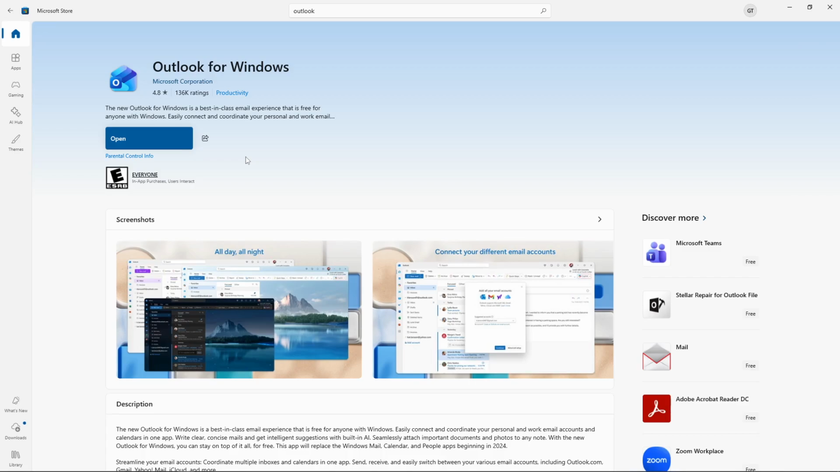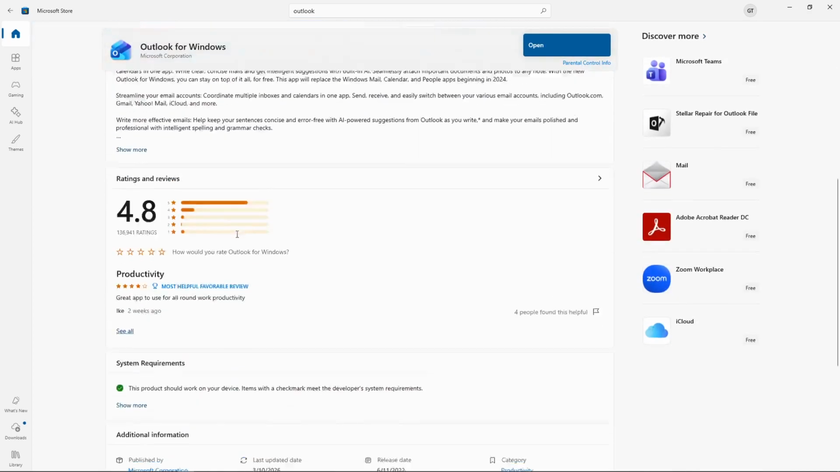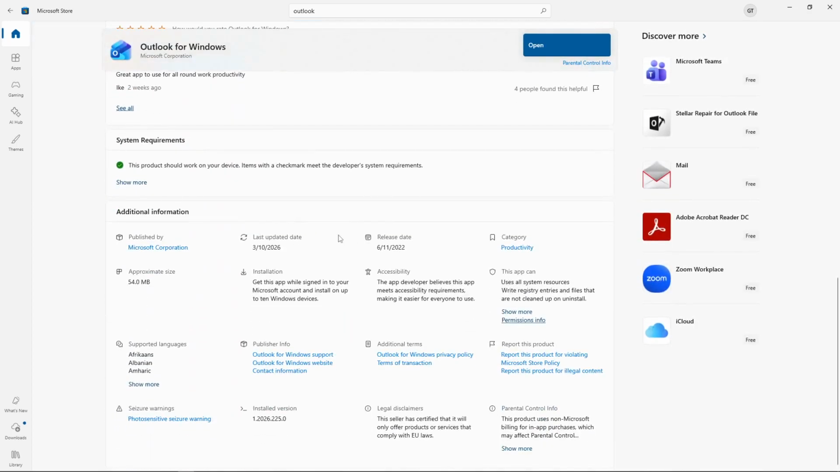After the download completes, the installation process will start automatically right after, so you won't need to do anything else manually. Simply follow the installation wizard that appears on your screen to complete the installation. The wizard will guide you through the remaining steps and ensure Outlook is properly set up on your computer. And that's it. You've successfully downloaded and installed the Outlook app on your Windows device, and you're now ready to manage your emails and stay